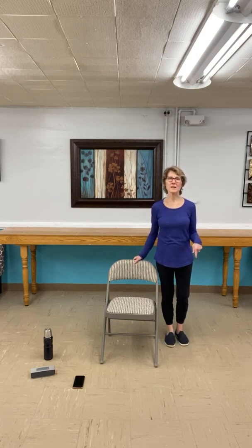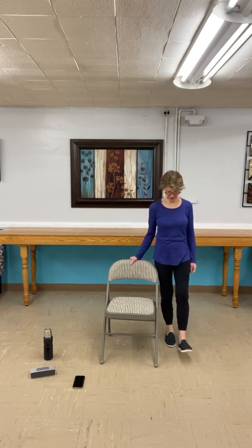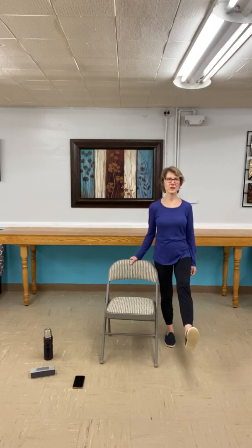So keep a strong right leg, or left leg if you're doing the other side. This is helping our balance and to develop the strength of our legs. So even though we're working the ankle on the leg that we're rotating, the stationary leg has to be our pillar of strength. So engage your core, hold onto the chair for balance, extend the leg straight if you can,